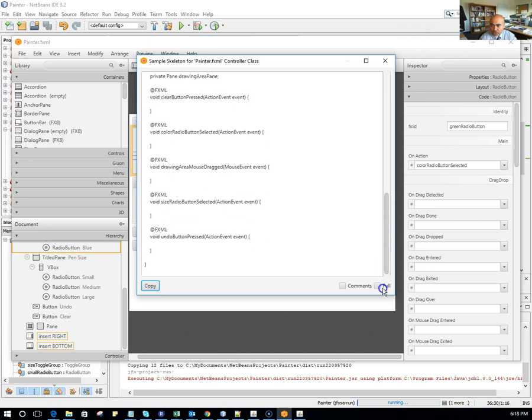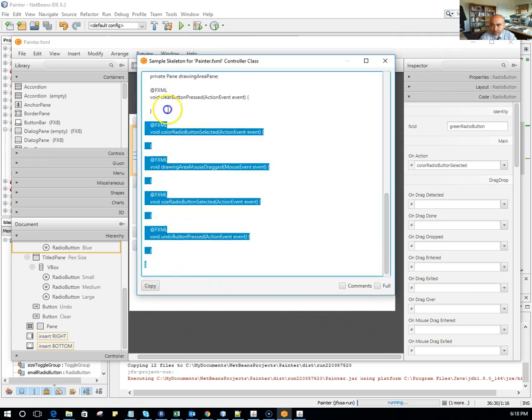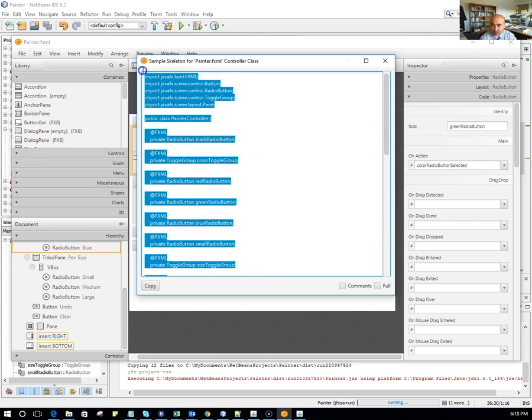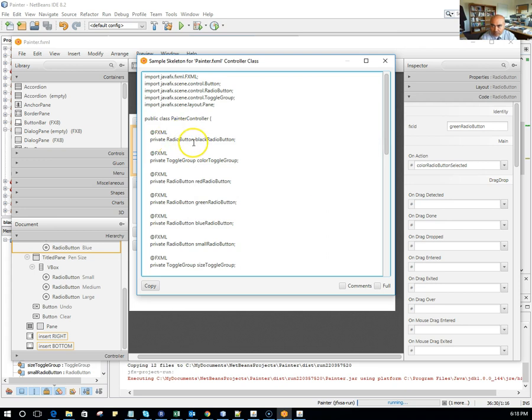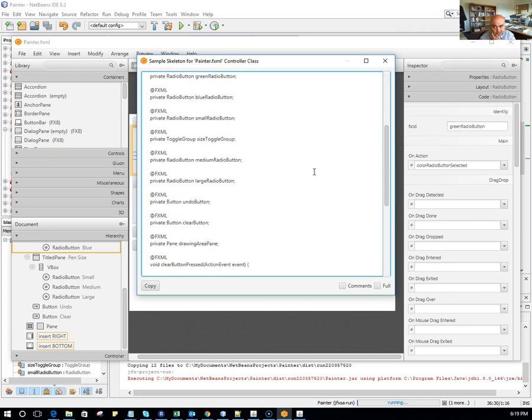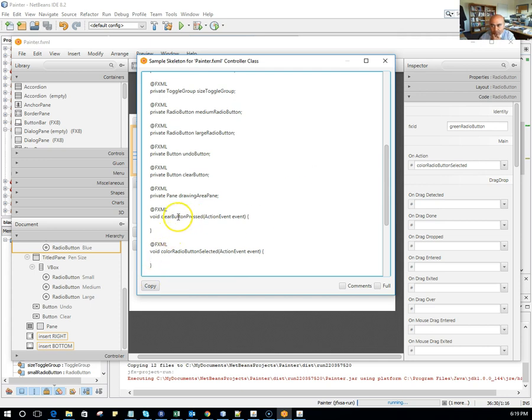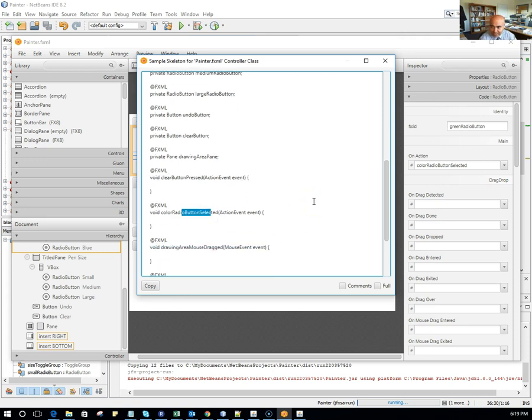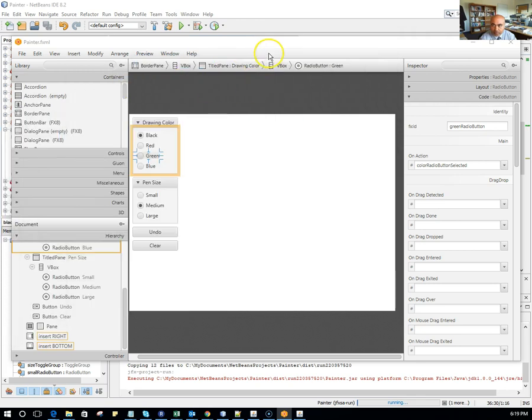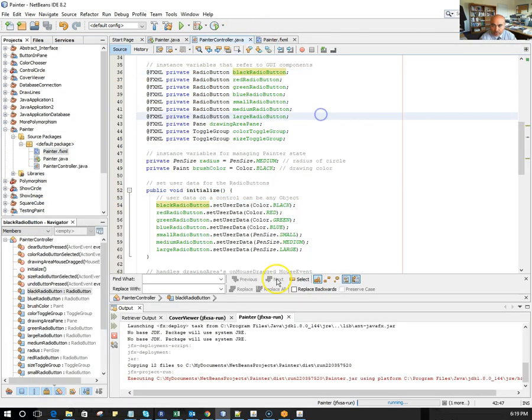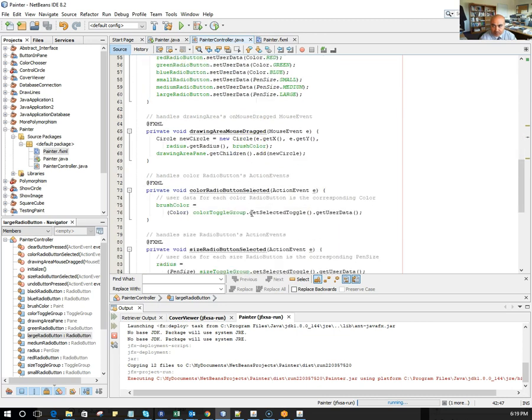So see over here at this point, it just creates some of the very basic controller skeleton where you have all these private FX ID. Those are the individual components, and it also gives you some basic button pressed, your radio button selected. So these are my basic methods that I have, but I don't have anything inside. So if I now actually compare with the controller right over here, I can show you that